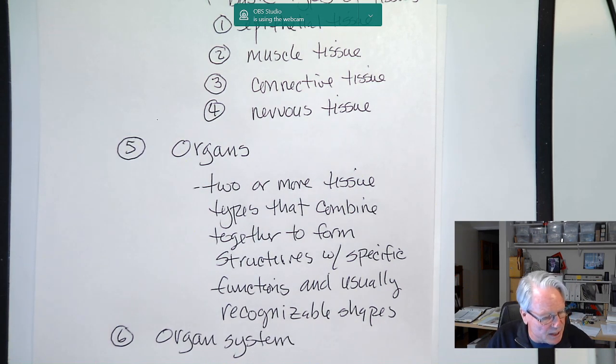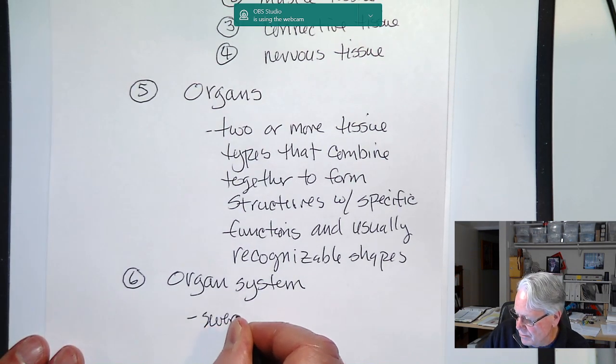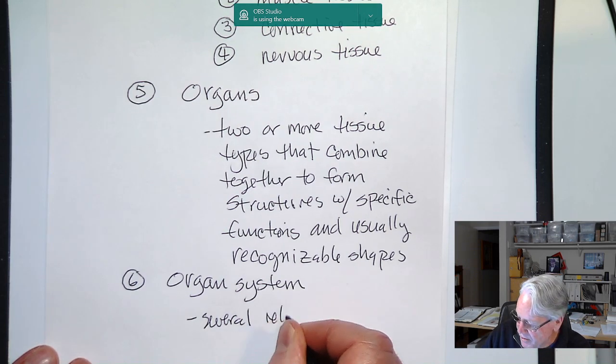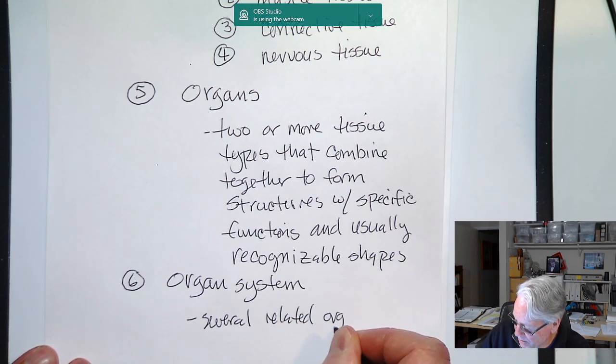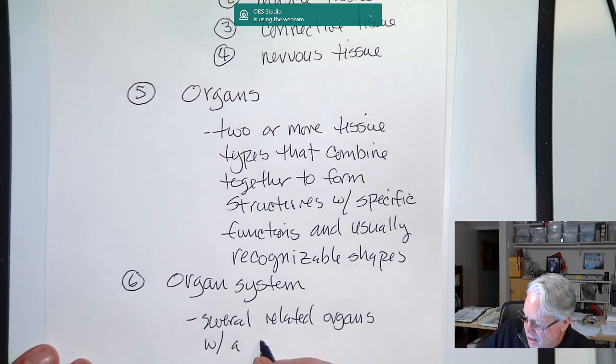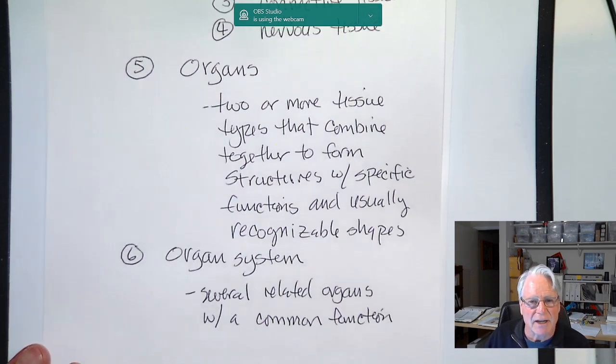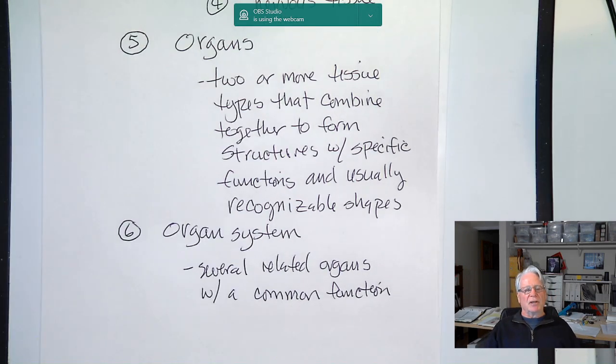So the organ system now is where we put together, let's make that a definition, several related organs with a common function. And keeping in line with the example of the organ, the heart, so if we look at the cardiovascular system,